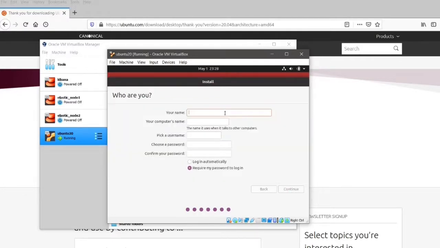Over here, we need to provide the username of the system, so I will write the username as Ubuntu. And over here, we need to provide the password. And just select login automatically and then click on Continue.